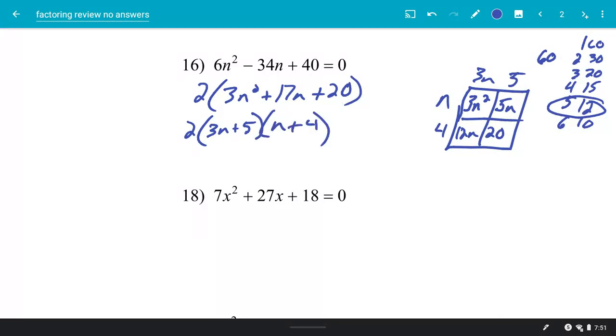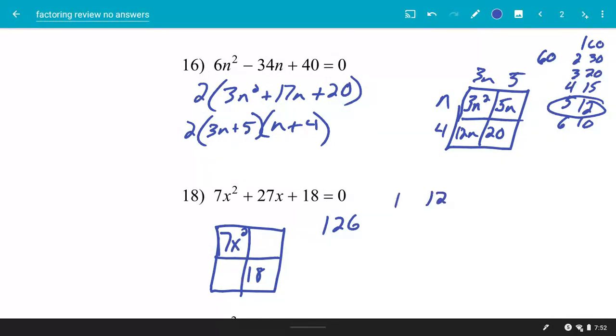Woot, woot. We are having fun now. Number 18. Is there a GCF? No. 7 does not go into 18 or 27, so I'm going to go straight to the box method because it does have a leading coefficient, 7x squared. 7 times 18 is 126, I believe. Okay, so 1 and 126, 2 and 63,